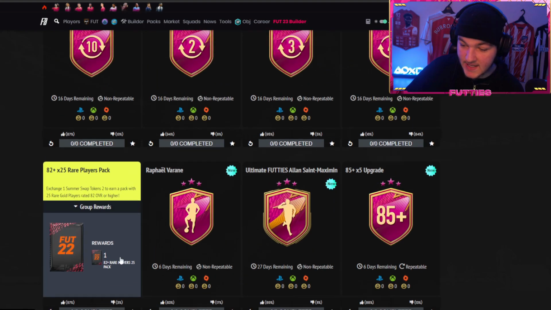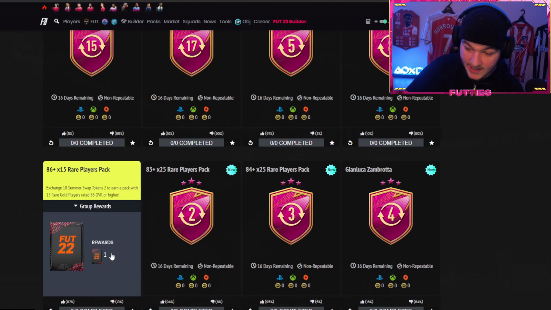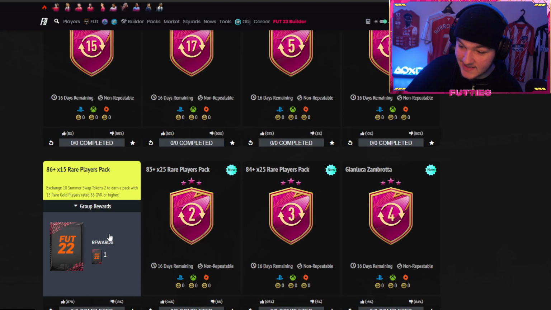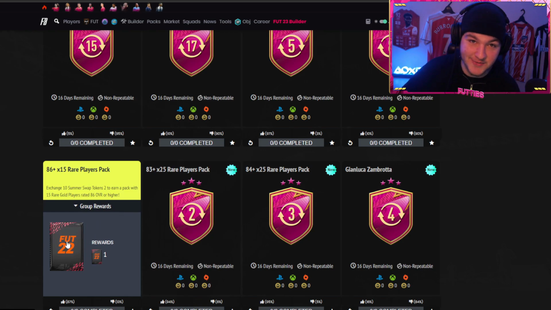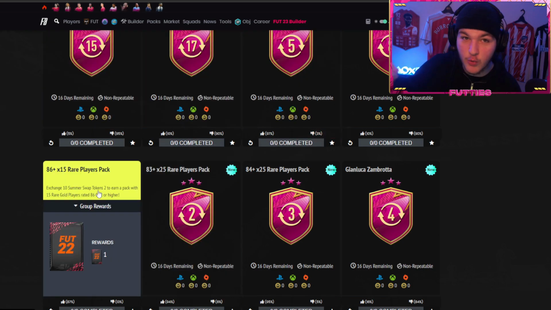Now, Summer Swaps is out as well. The Summer Swaps 2 rewards. You've got an 83 times 25, 84 times 25, 82 times 25. You've also got an 85 times 20 pack for 5 tokens, right? You've got an 86 plus times 15. Now, you can complete all of them, and you are bound to get French players, alright? So if you've got some Summer Swaps tokens, definitely do these packs and try to collect all the best French